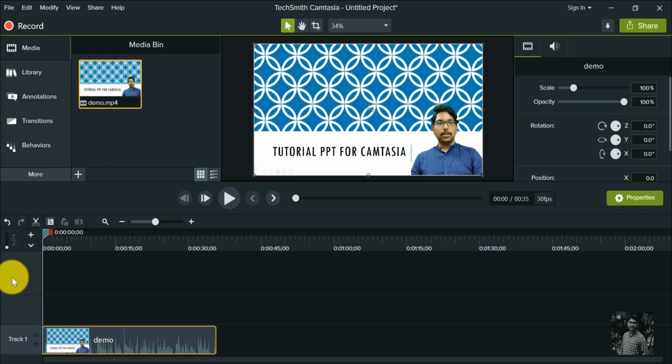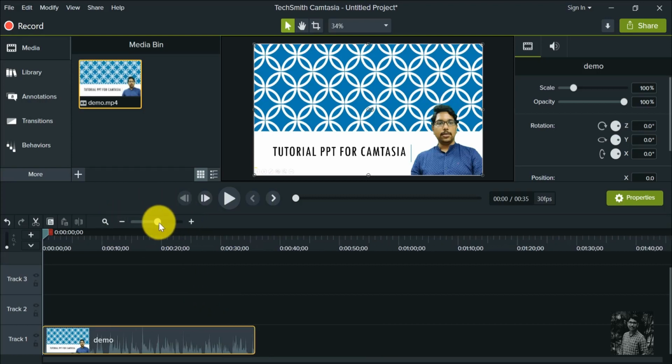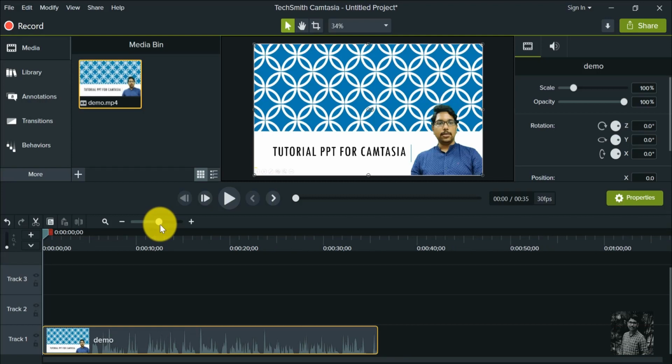Okay, here you can add multiple tracks by clicking on add button here. Add track here, track 1, track 2, track 3. Okay, you can adjust the size of the track by changing the bar here on the left hand side. And these are the basic tools available in the timeline to do the basic editing. Okay, the tools are undo, redo, cut, copy, paste and split tools. These are the basic 6 tools with which you can do any sort of editing using timeline. Okay, and this is the zoom in and zoom out bar by varying which you can adjust the size of the timeline for better editing.